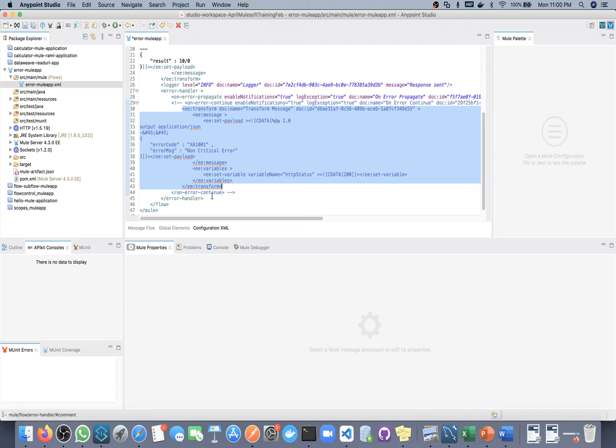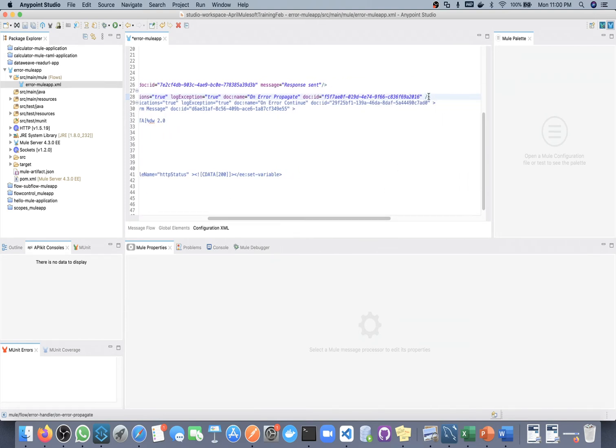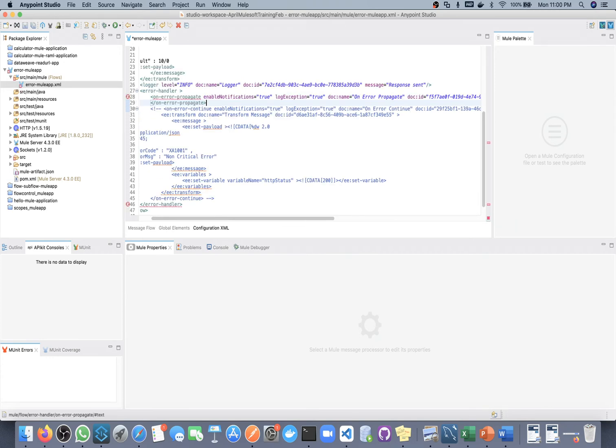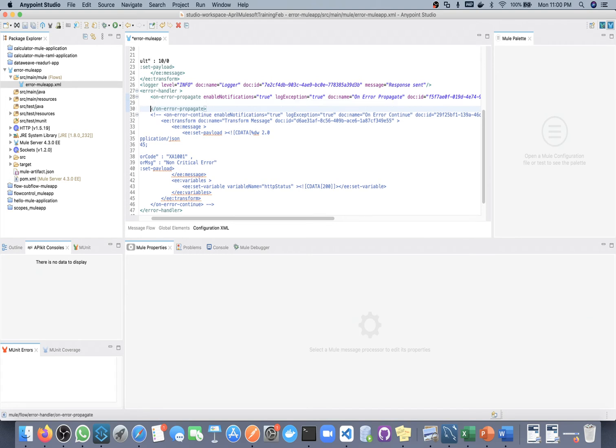So where is my on error propagate? This is ending here, so I don't want to end it here, in the next line, and before this I'm pasting that code.